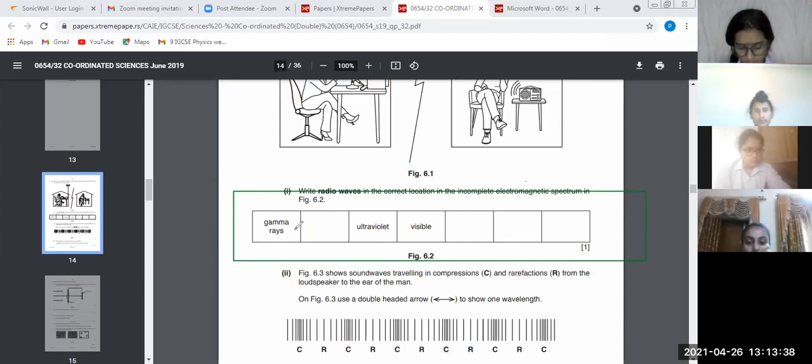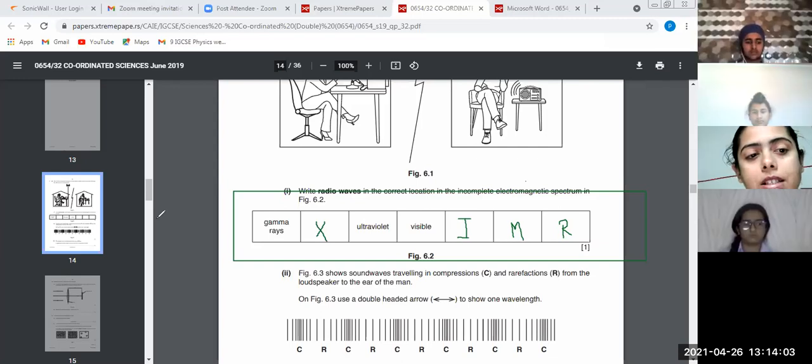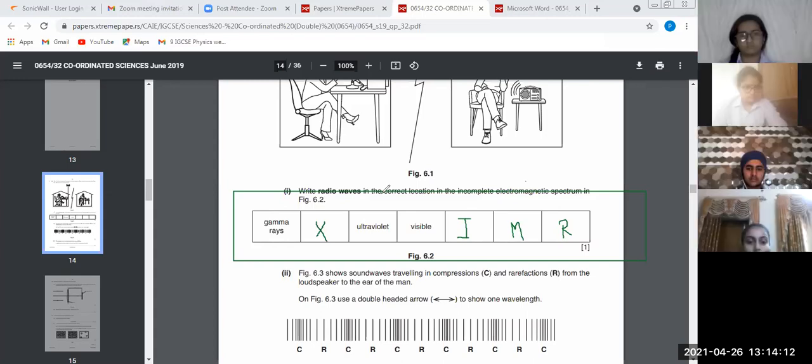This is the question. This is gamma rays, this is X-rays, this is ultraviolet, then you have visible, then you have infrared, microwaves and radio waves. So these are the 7 forming the electromagnetic spectrum. What is common in these 7? Haan ji Dilpreet. They almost have the same speed. Very good. Very well done. Haan ji Navjot.